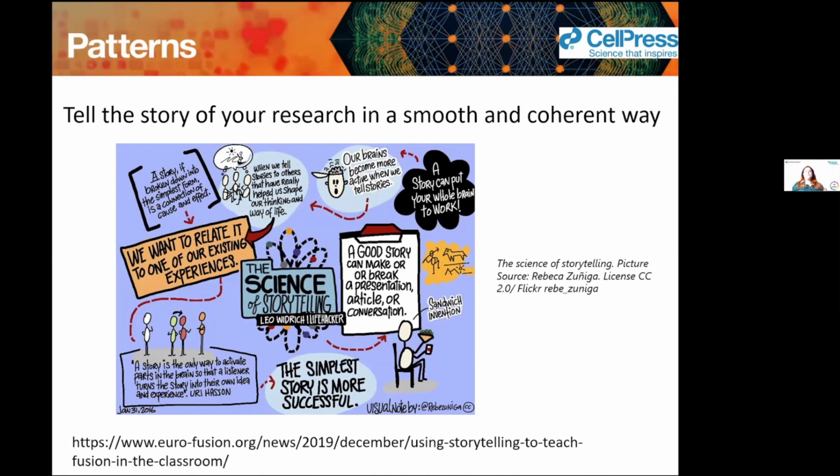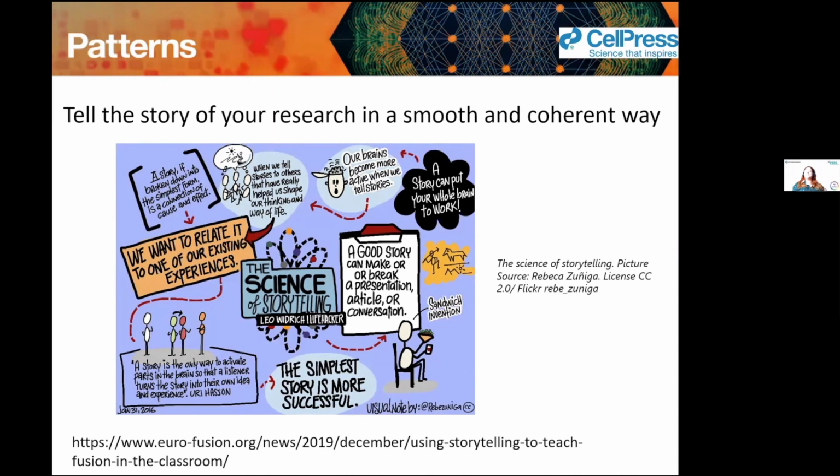Relating your research might be really, really difficult. It might be really difficult to relate it to your existing experience, for example. It depends what it is you're studying. If you're studying quantum mechanics, then trying to connect it to real world experiences can be really, really difficult. But again, it depends. So yeah, that infographic there is really nice.